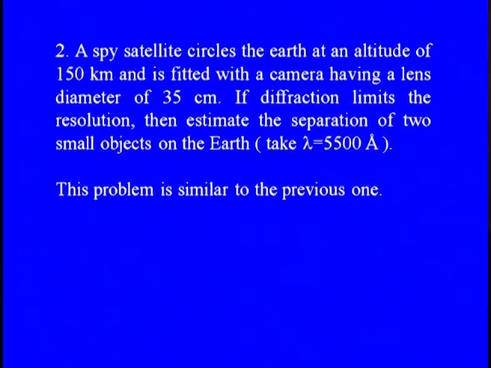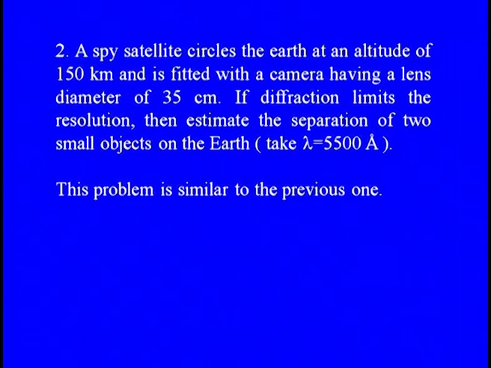So, now let us take another problem related to resolving power of satellites. Suppose a spy satellite circles the earth at an altitude of 150 km and is fitted with a camera having a lens diameter of 35 cm. If diffraction limits the resolution, then estimate the least separation of two small objects on the earth. Here we can take lambda is equal to